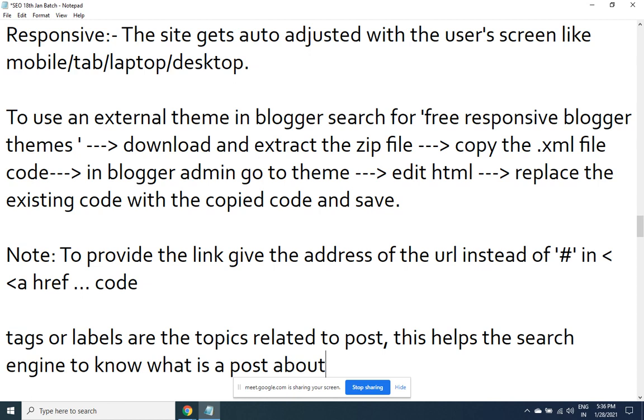Here it is called a label in Blogger. So whether tags or labels, they are nothing but the topics which are related to the post. So don't have too many tags. 1 to 5 tags per post is recommended. So what all topics is my post based upon? Mobile, smart mobile, Samsung mobile, Samsung Galaxy S12, something like that. So it will be very easy for the search engine to know what exactly is the topic for any particular post.